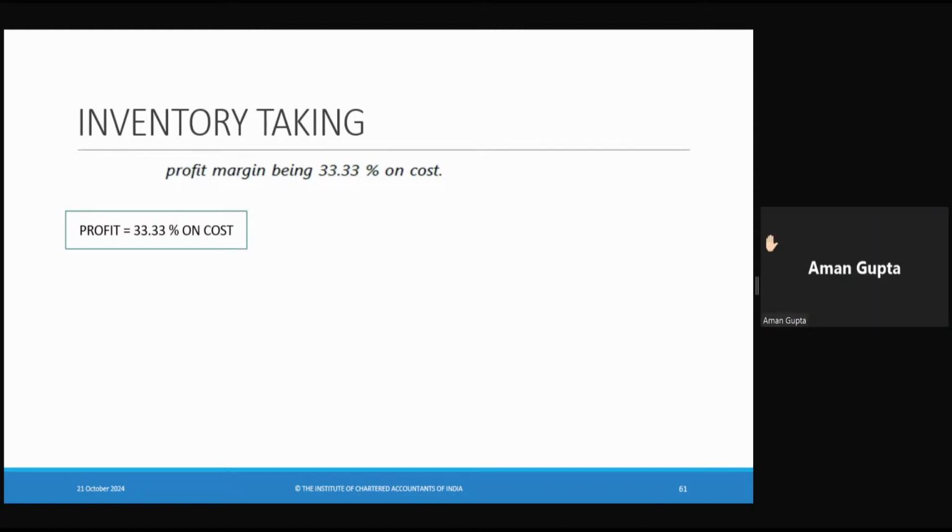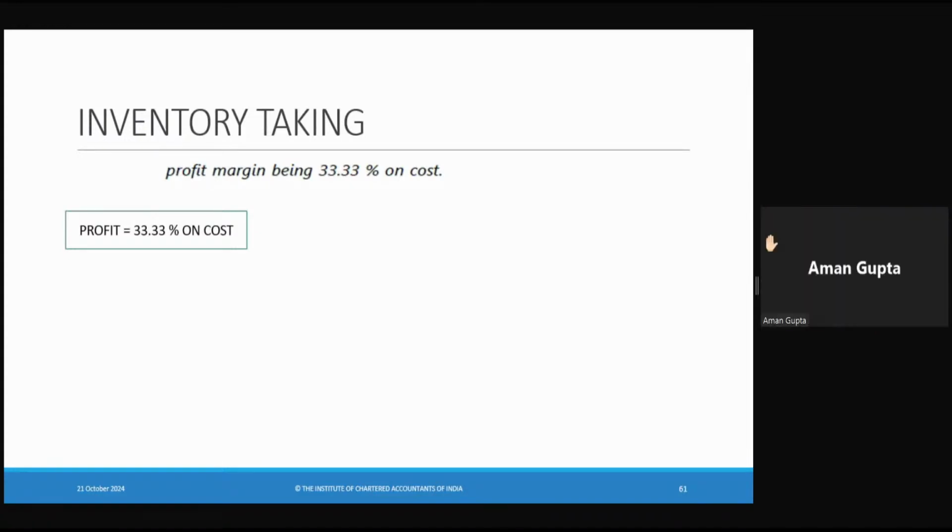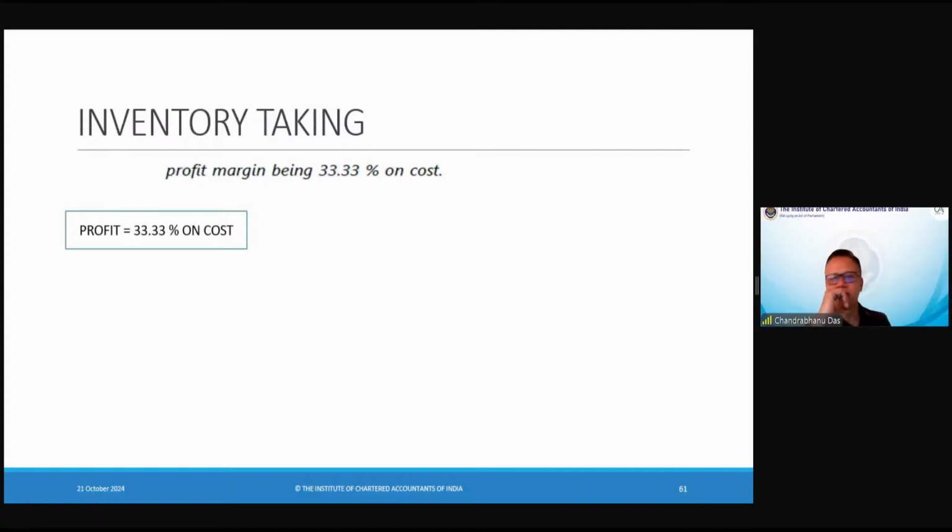If you see the adjusted selling price method, there also I have said that to get the cost, you need the profit margin, which is the profit on sales. Normally in these questions they give a profit margin, and when they give cost, they want the student to calculate the profit on the sales. So what happens is